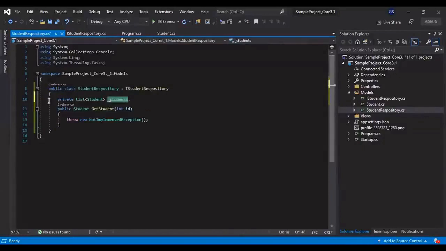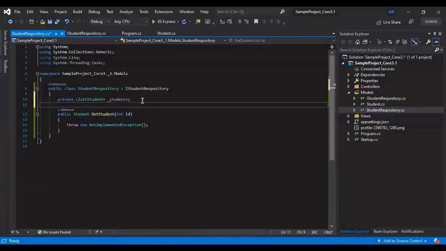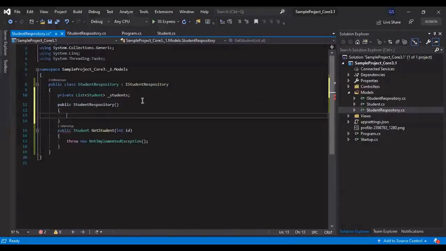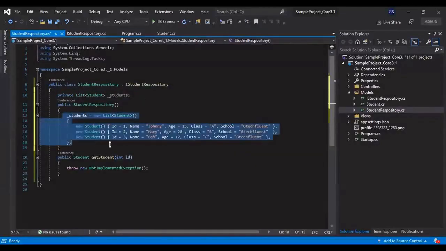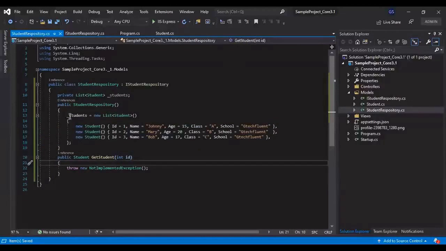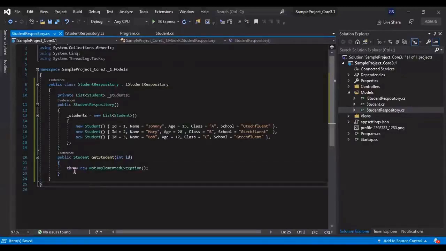We have added another model to process the data. So let's create a private list of students to return the data and add the constructor for this. To add a constructor the faster way, just type ctor tab and initialize the list here. So we have now created the data which is returned from here, and from our method just return the student of this ID.